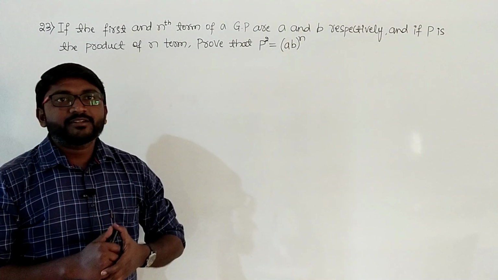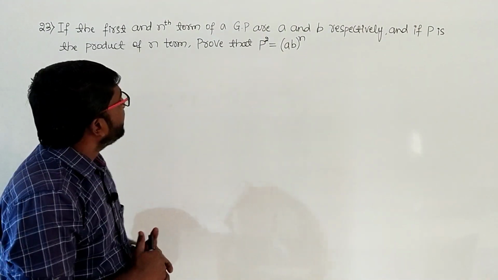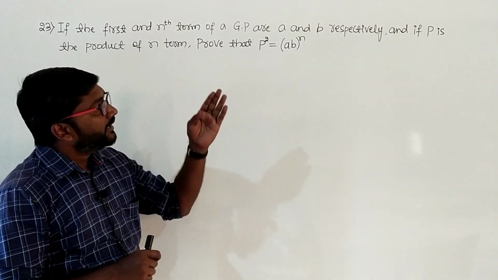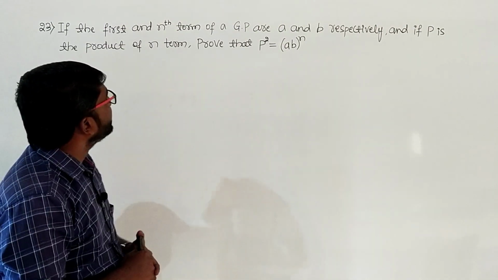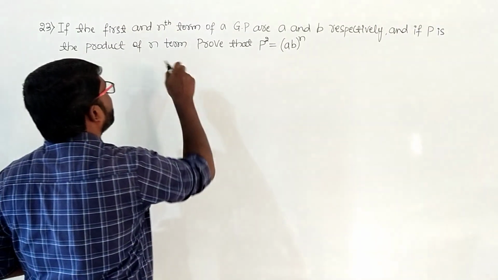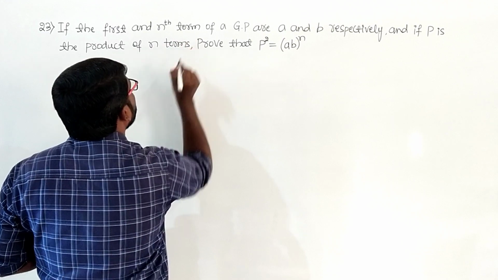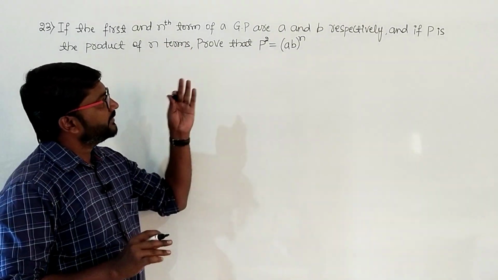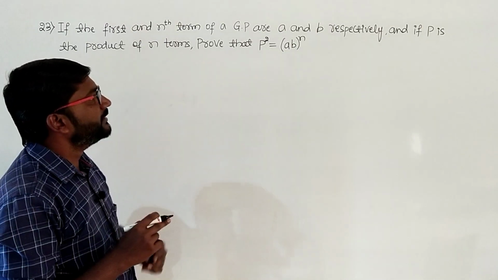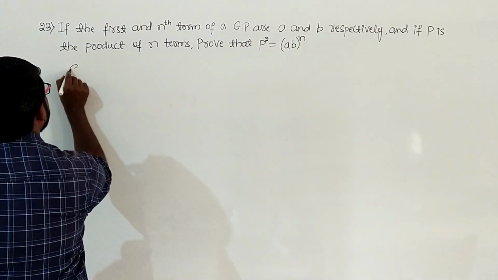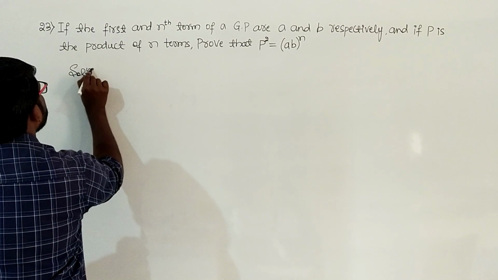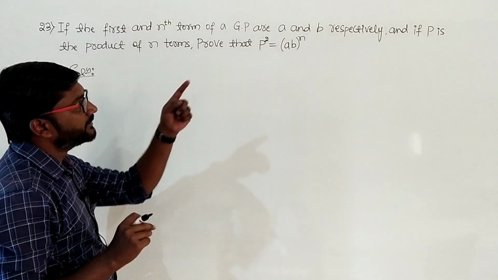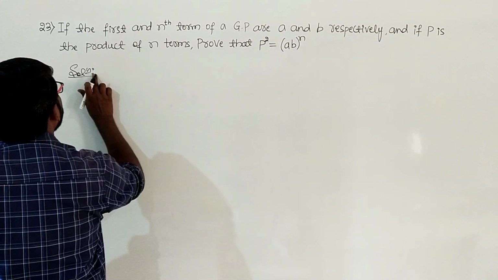Well, the 23rd question it is: if the first and nth term of a GP are A and B respectively, and if P is the product of n terms, prove that P square equals AB whole raised to n. So we'll write the given information and then we'll go for the LHS. So here he says the first term is small a, and nth term is B. So given,